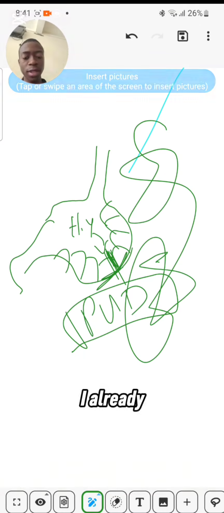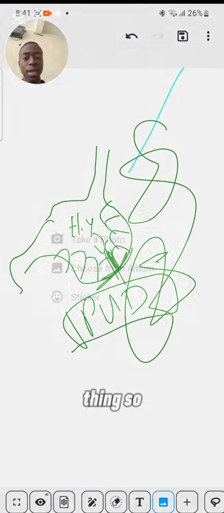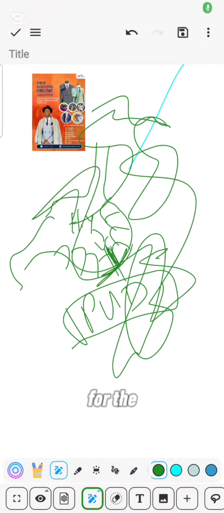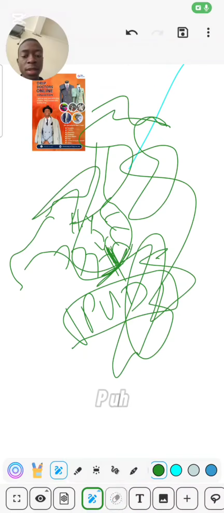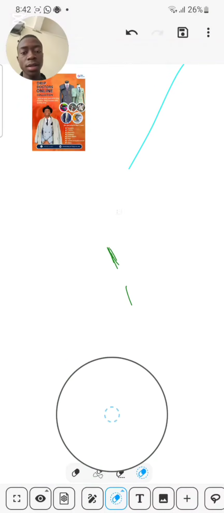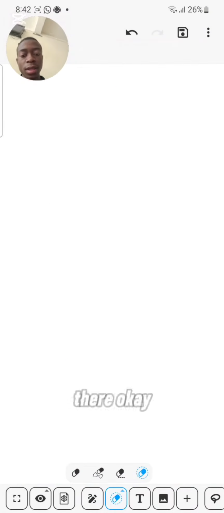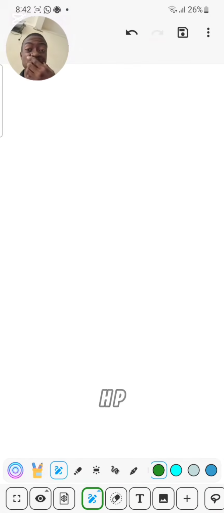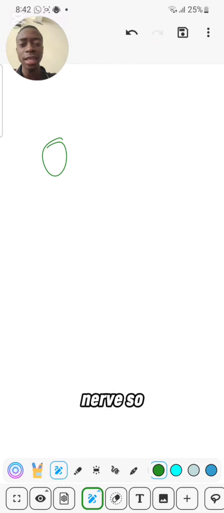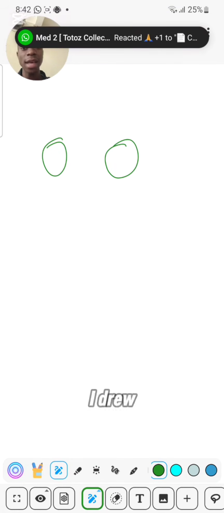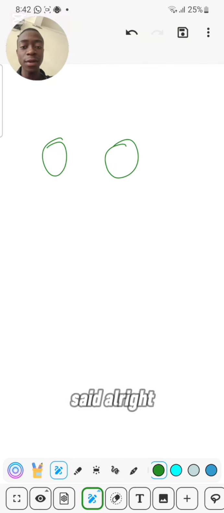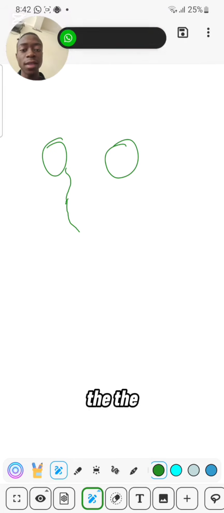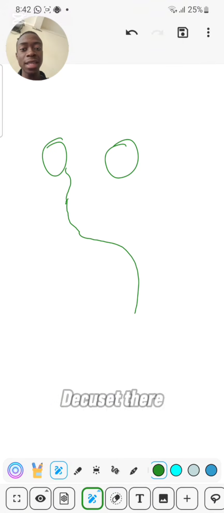Yeah, so I think I already showed the image inserting thing. And then for the MBChB, let me wipe it there. So for the MBChB, you're talking of the nerves. So you can have, let's see, I'm doing the optic nerve. I drew my eyes like that. And then I said, all right, this side we have the nasal surface that comes to decussate there,